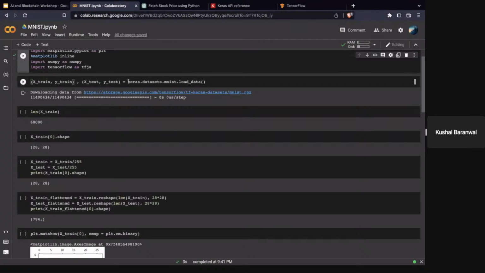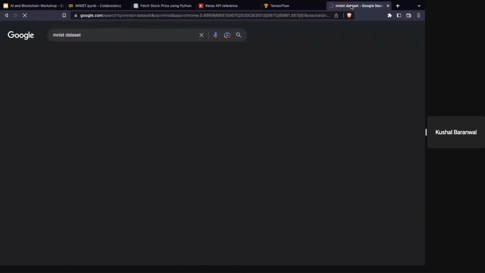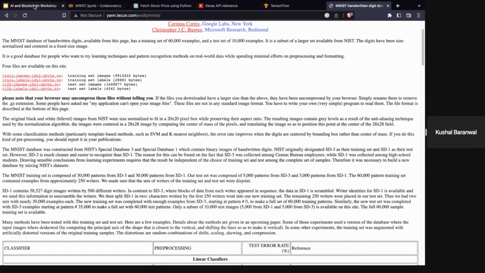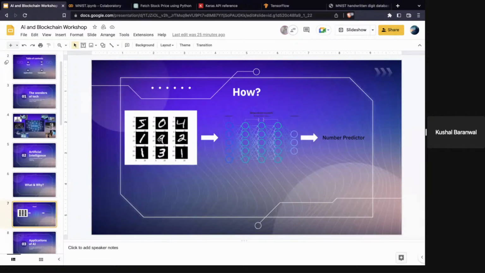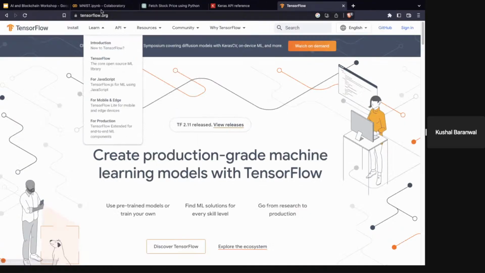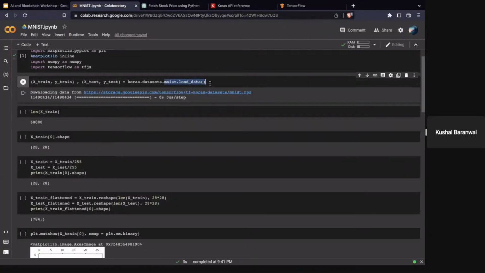Then Keras has a built-in database called MNIST. MNIST is the name of this data set. It's made by people at NYU, Google Labs, stuff like that. And basically, it's just a collection of hundreds of thousands of handwritten digits. I'm not going to download them because it's going to be a really huge file. But with Keras, you're allowed to load the data because it's built in. So you can see it's just a built-in method. So that's what I'm doing here.